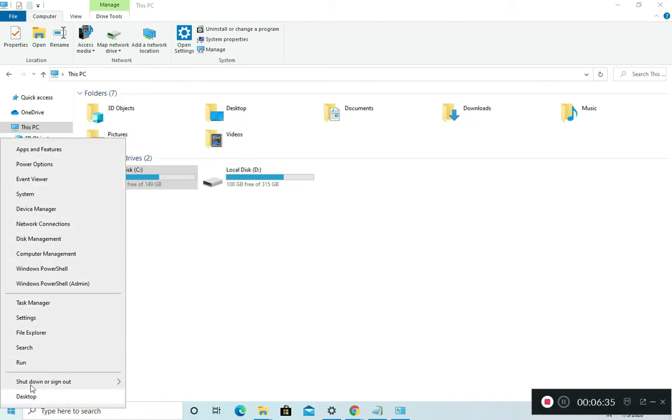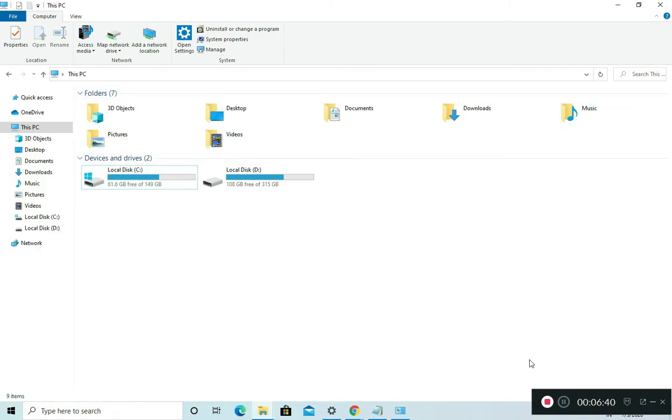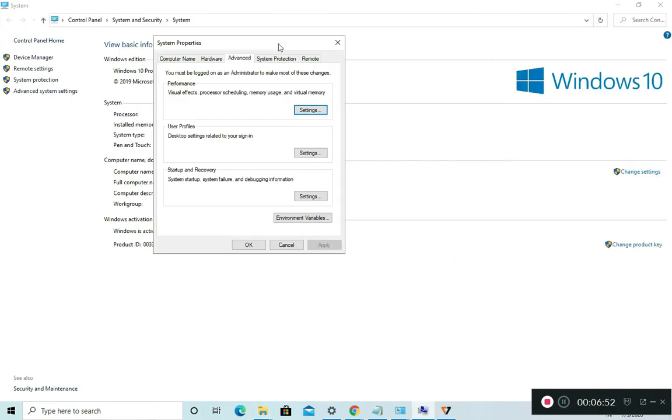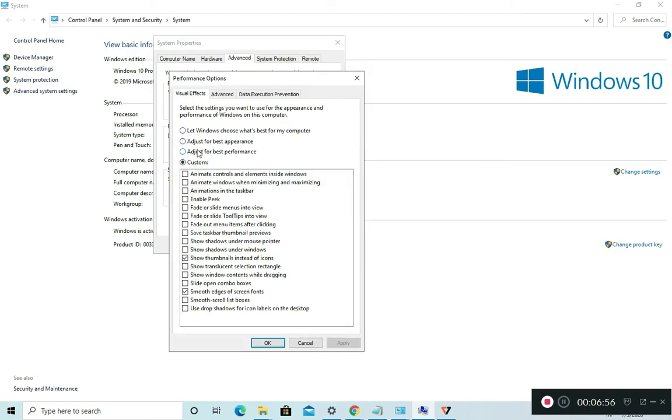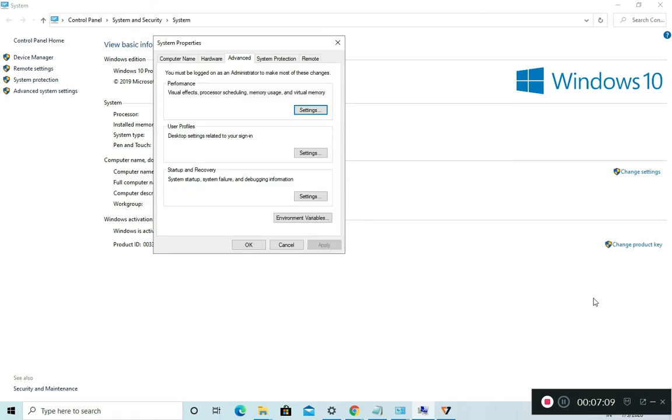Now let's head down to properties of This PC, because it will give you a much more important performance boost for your gaming. After you click on that, click on advanced, click on visual effects, click on adjust for best performance, and you can tick show thumbnails instead of icons and smooth edges of screen fonts. Click on apply and then click on OK. And these are some of the much more interesting tips to optimize your PC for gaming. You can do something other also.